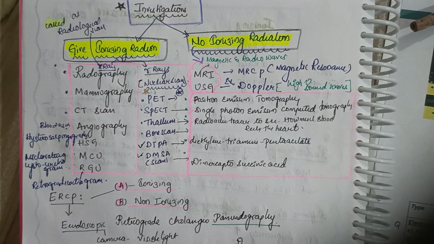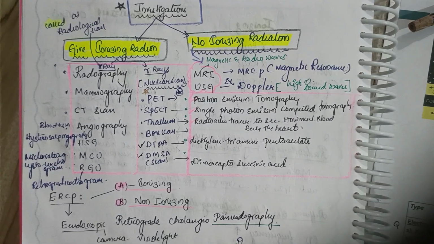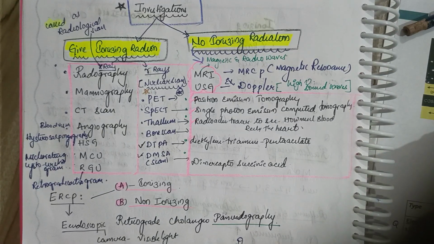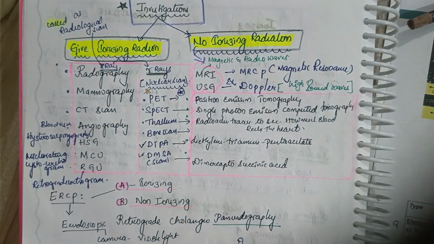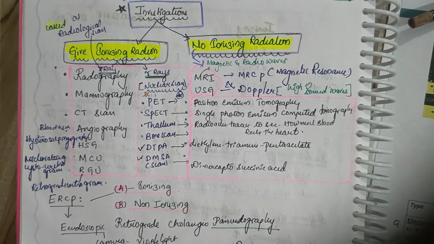Now the investigations are divided on two important aspects: the ones which give ionizing radiations and the ones which don't give ionizing radiation. Under the ionizing radiation, which I have already discussed in the electromagnetic spectrum, ionizing radiations are, one is gamma rays, next is X-ray. Now we need to understand what investigations